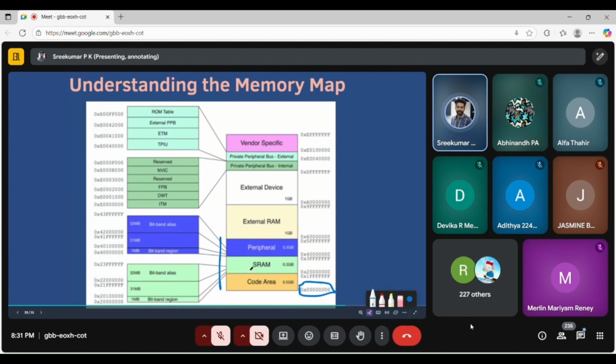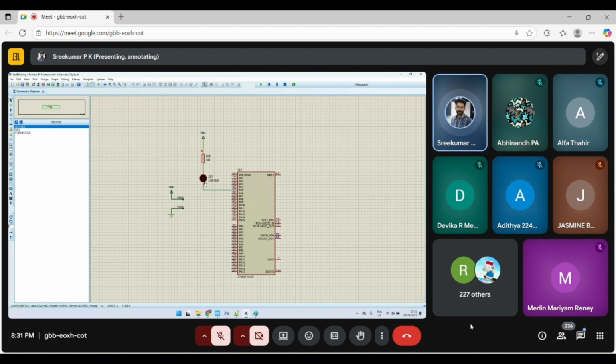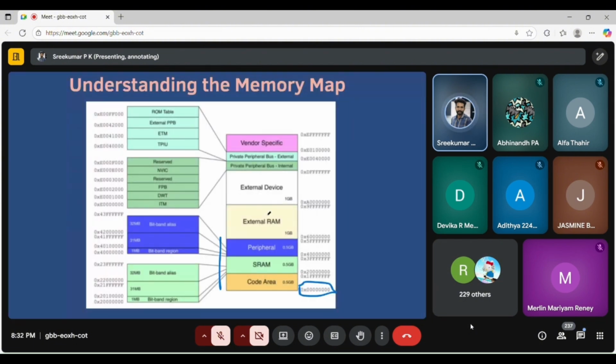So what happens whenever you want to blink an LED? Here you can see this LED is getting turned on and off, right? So something is happening. What is that? I will tell you. Here you have the peripheral, and one among these peripherals is GPIO. We have so many peripherals like CAN, LIN, FlexRay, GPIO, ADC.